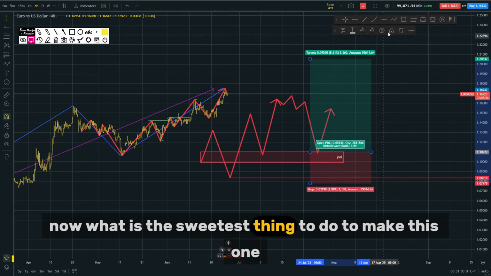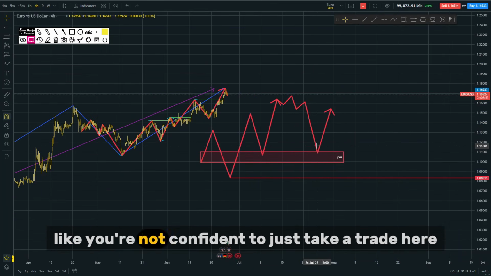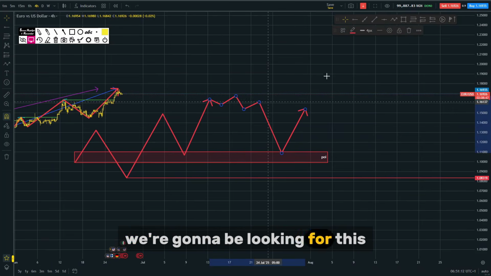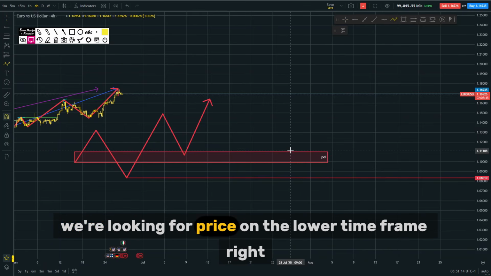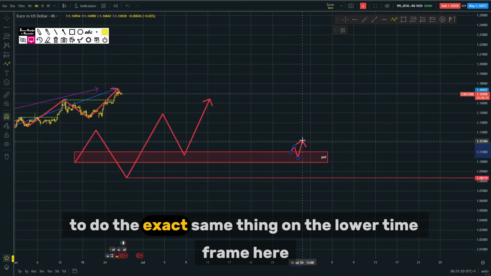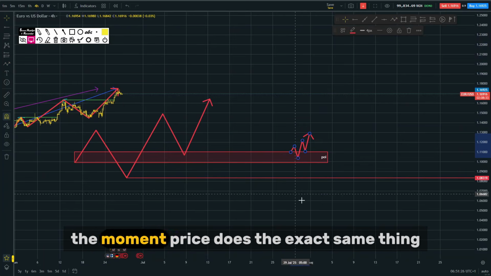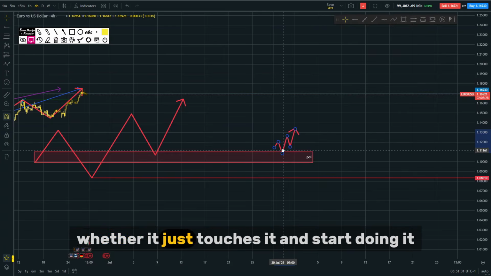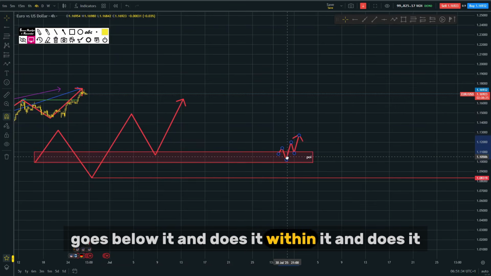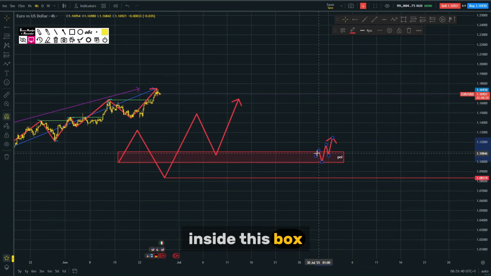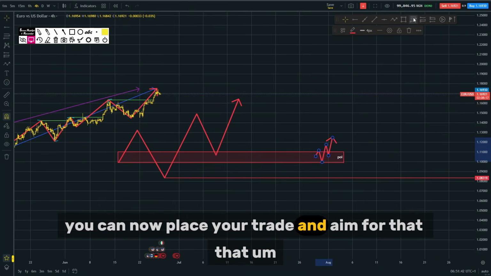Now, what is the sweetest thing to do if you're not confident to just take a trade here, right? So what are you going to be looking for? You're going to be looking for this. When price is retracing down here, you're looking for price on the lower time frame to do the exact same thing on the lower time frame here. The moment price does the exact same thing on the lower time frame in this spot, whether it just touches it and starts doing it, goes below it and does it, or within it and does it. Once you see price do this same thing on the lower time frame inside this box, you can now place your trade and aim for that